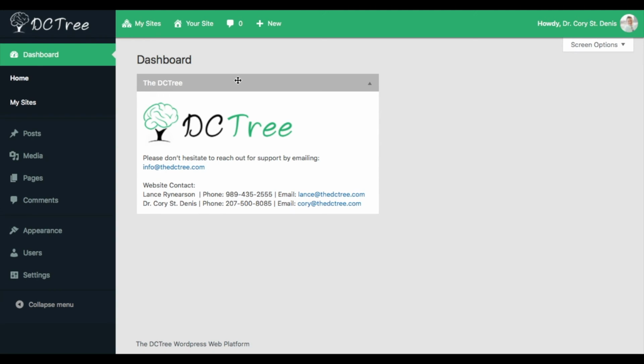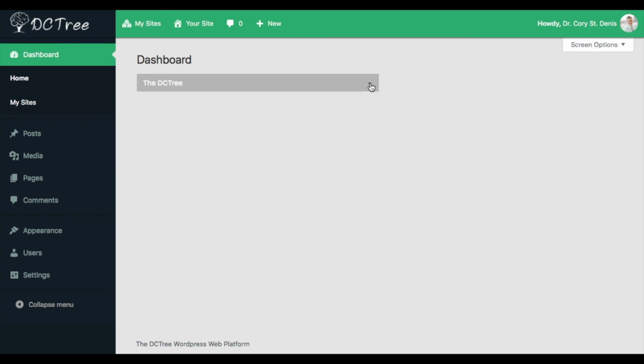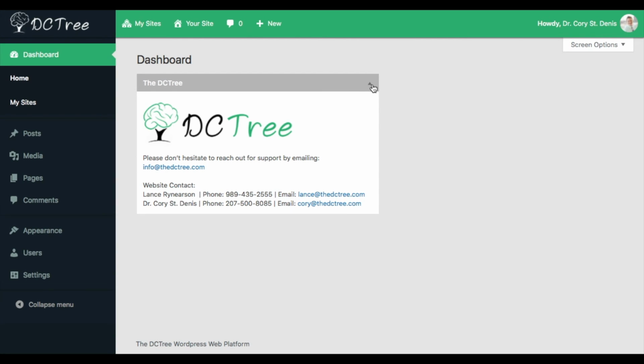The boxes can also be minimized by clicking anywhere within the title bar itself or by clicking the arrow in the top right corner. Now that you're familiar with the dashboard, let's move on to the next video where we'll talk primary forms of content in WordPress: posts,